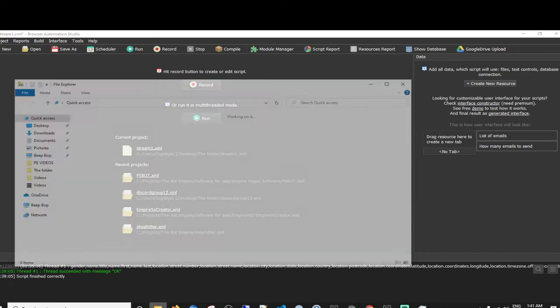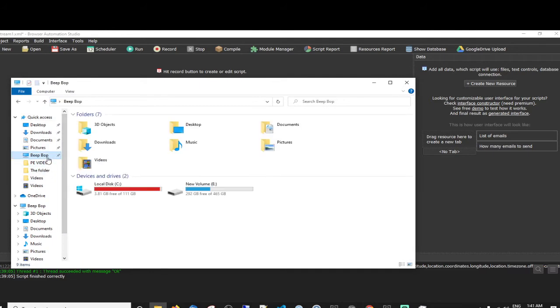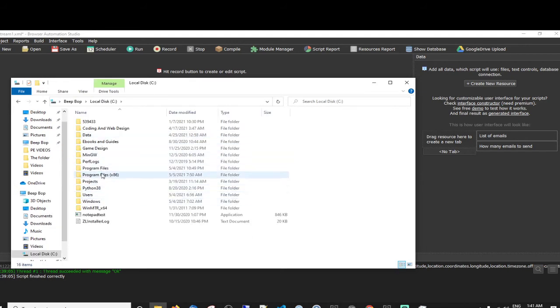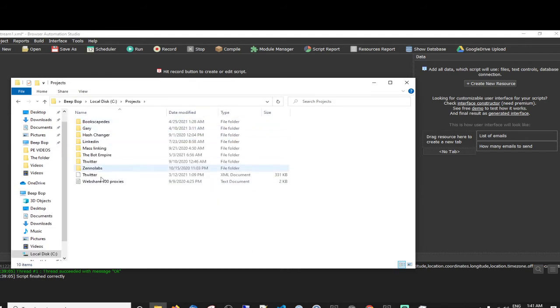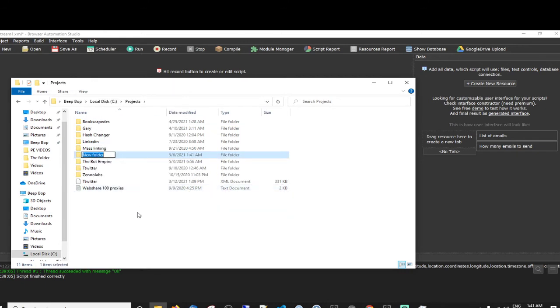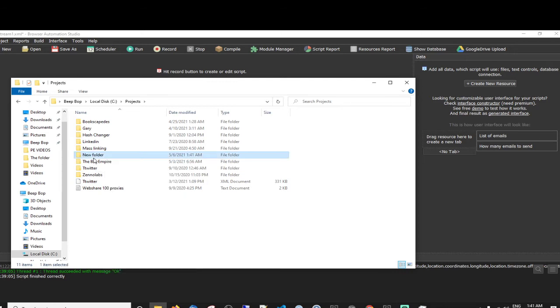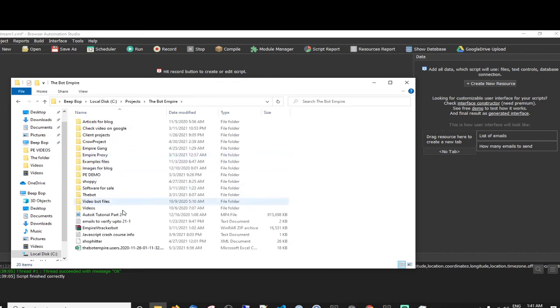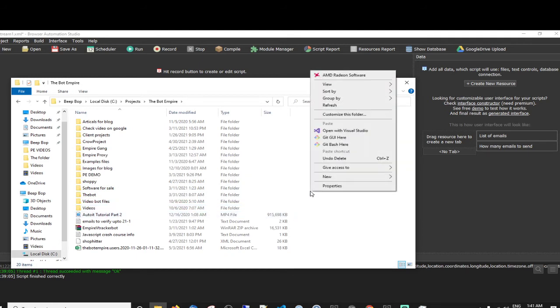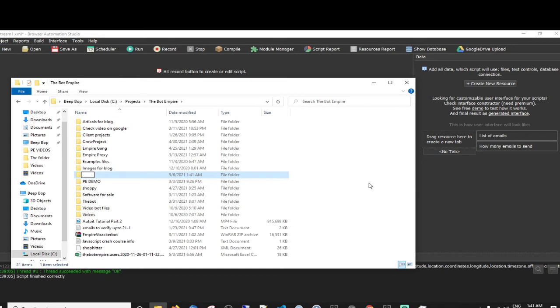So I'm going to get a little bit of a folder thing going on. So come in here, we're going to go projects, and then I'm going to drop the folder here actually. No, I'm not. What am I doing? Okay, so then we're going to have a new folder, and I have no name for this.